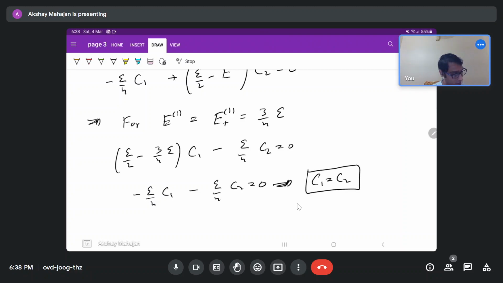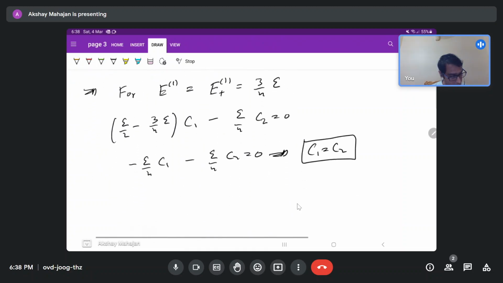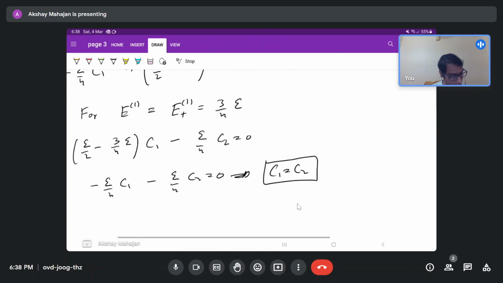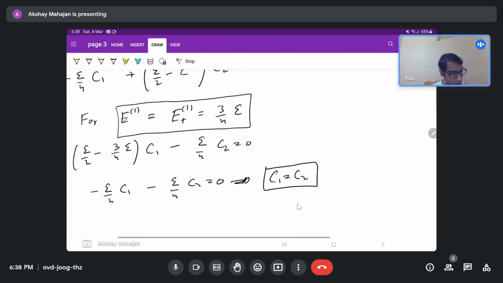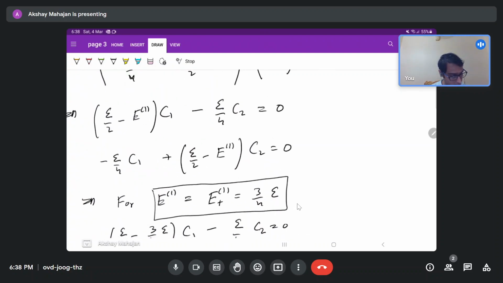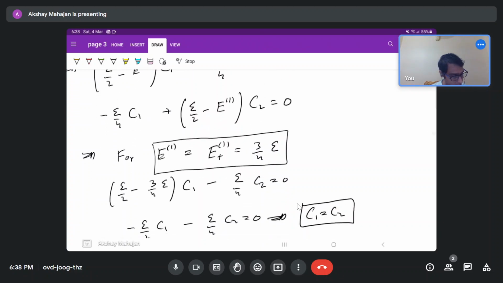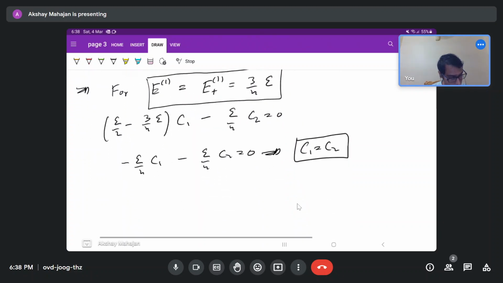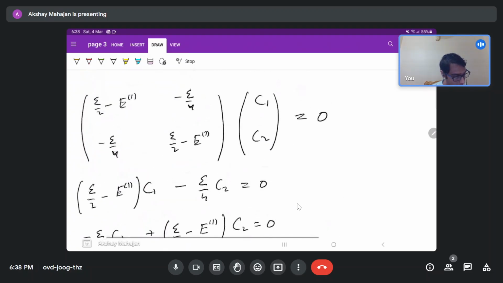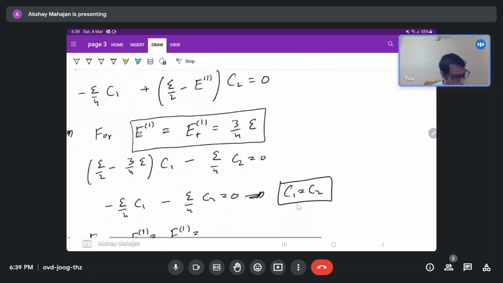So for E1 equal to 3 by 4 of epsilon, we are getting C1 equals C2. You can solve the second equation as well, and we will get the same result. You can check. And for E1 from the minus sign, which is epsilon by 4,